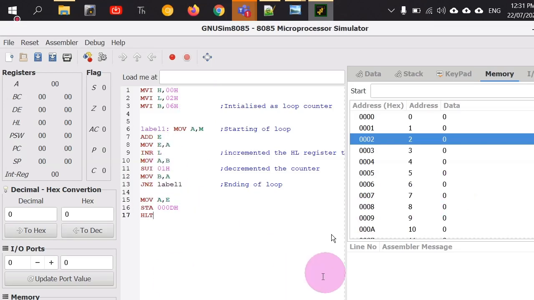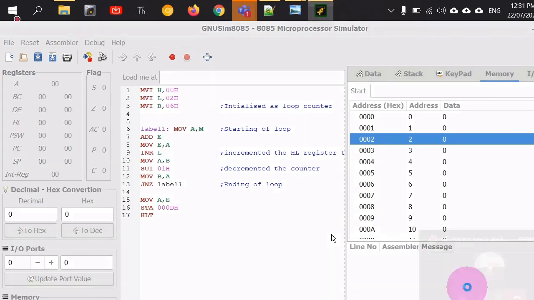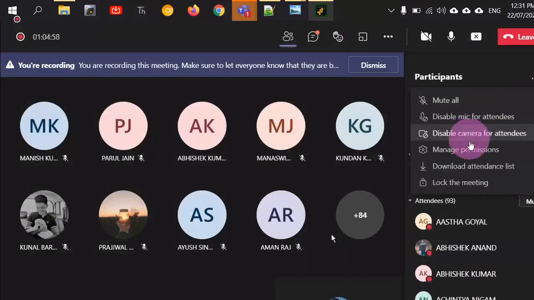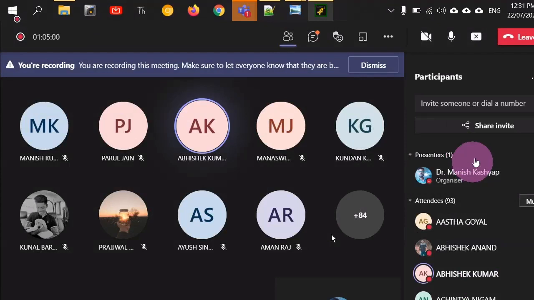So is this program understood? We have done a looping kind of program on the last term. So this is just to illustrate the concept of looping formally. Is this understood by everyone? Yes, sir. Okay. I have one doubt. Yeah, please tell me.